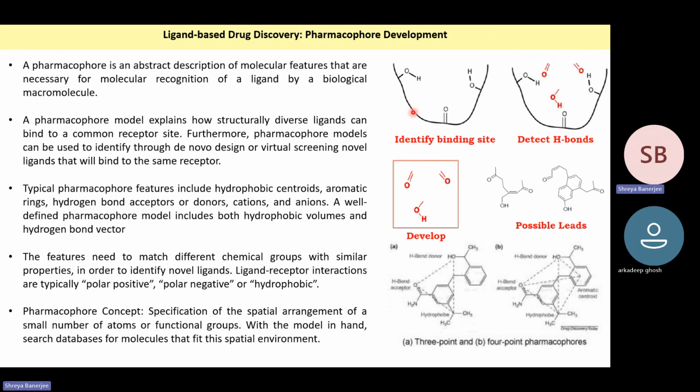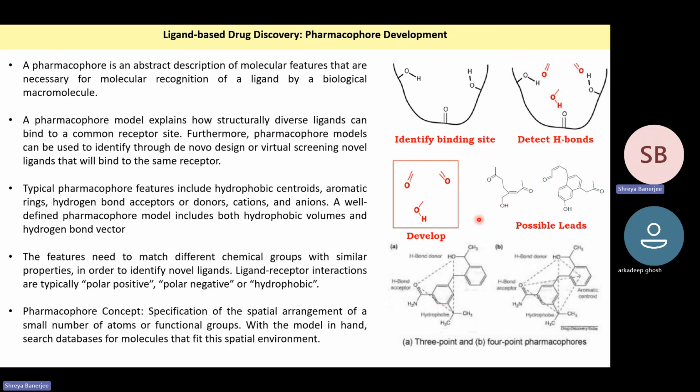Or if the receptor binding site has a lot of alkyl groups, then the pharmacophore can also have, you can see there's an isopropyl group here, which can have hydrophobic interactions with the receptor binding site. So basically, a well-defined pharmacophore model includes both hydrophobic volumes and hydrogen bond vectors. The features need to match different chemical groups with similar properties. So basically, you need to put different chemical groups together which match the properties of the binding sites to develop